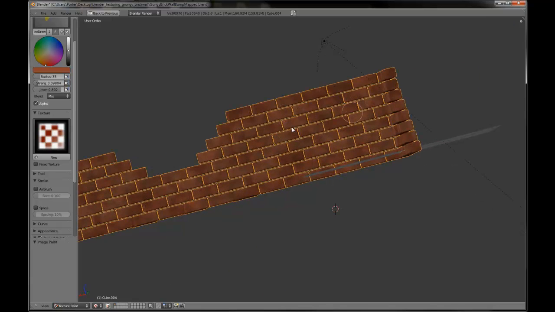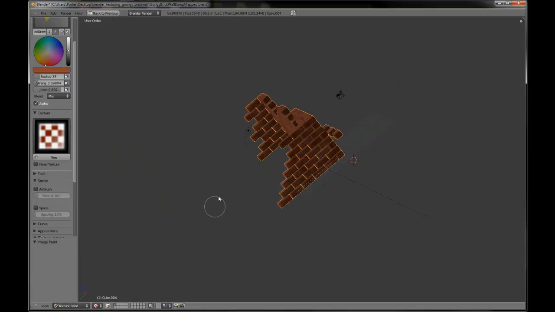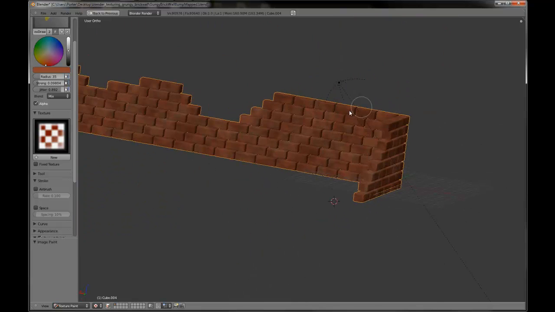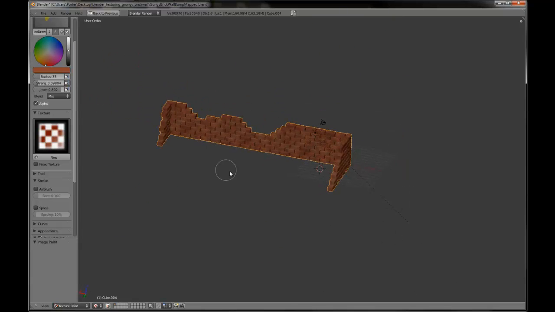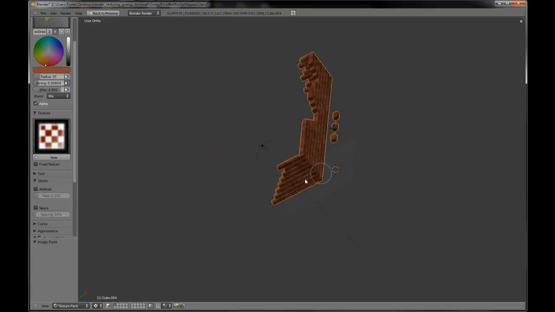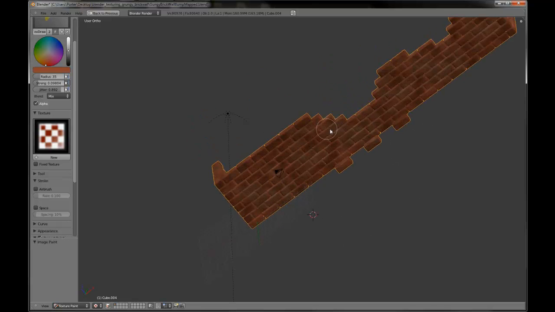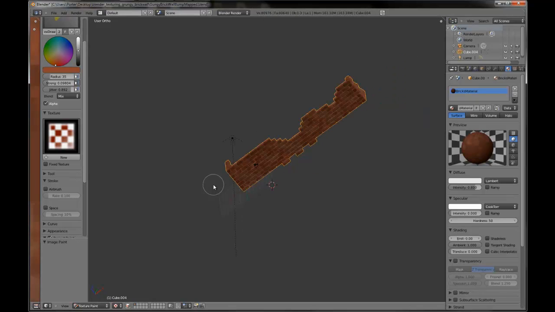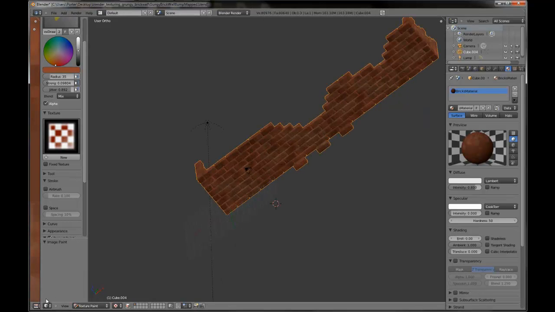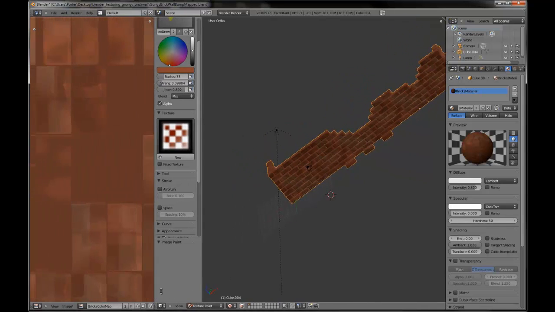There we go, and our brick wall is now more or less colored. If you want to tweak it, go ahead. I am actually liking what I'm looking at, and so I'm going to zoom out. I can't see any noticeable tile streaks, and so it is what I want it to be. So Control up arrow, go ahead and bring that up, and then what we're going to do is go ahead and save out this image